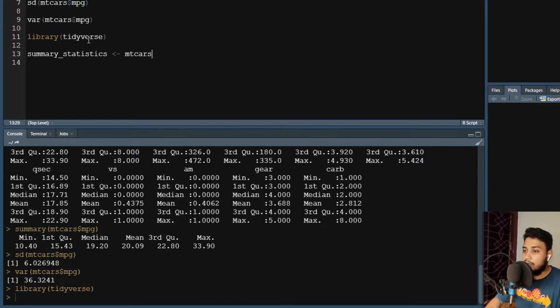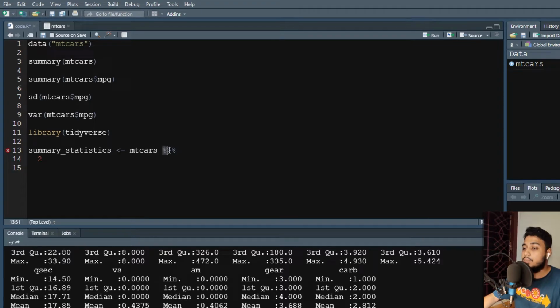First of all, I will have to enter the name of the data frame. In my case I have the mtcars data frame, and now I will use the piping operator. This percent greater than percent is actually called a piping operator. This is indicating that we have entered into the mtcars data frame. Now I will select the variable mpg, and now I will use the piping operator again. Now I will use the summarize function,